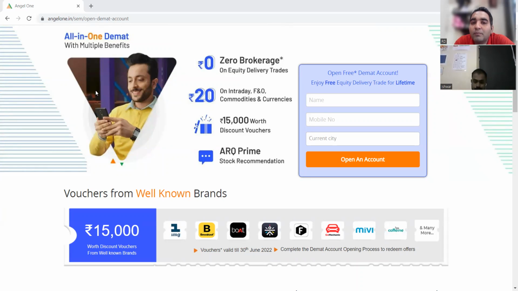Let's say if you are performing any equity delivery kind of trading, then zero brokerage charge should be there, right? For example, let's say you purchased 500 stocks of some XYZ company, and you should not get any brokerage charge, right? Then let's say you are performing trading on intraday, then it would be costing you 20 rupees only, right? Then if you are trying to sell stocks, then accordingly it should work properly.